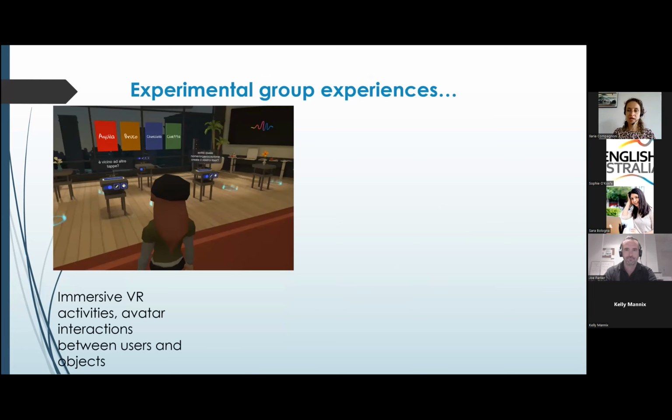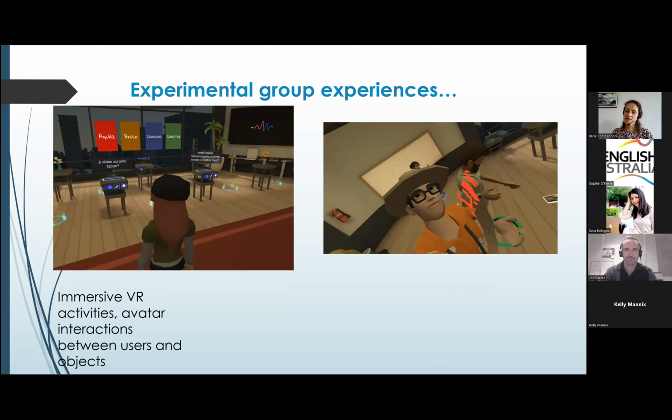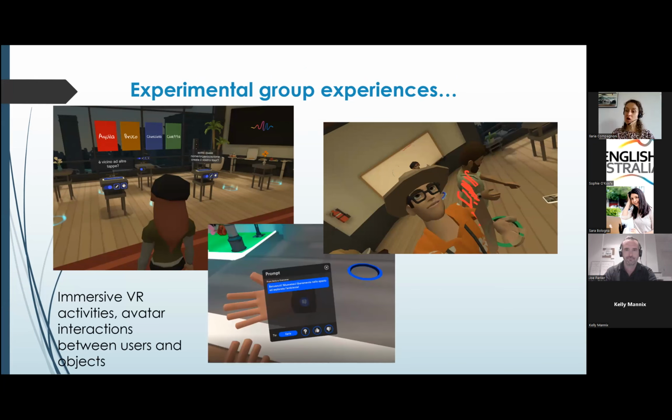So students join as avatars. These prompts are in Italian, but it's the same kind of principle of us teachers activating prompts, and then students can go there, touch the cards, and see them just as if they were in a real world. And then they can write in the space, they can take selfies, but they are constantly prompted throughout it. So I activate a prompt and students see automatically in a kind of smartwatch that they have, and they're just going to lift their hand and see my indications.